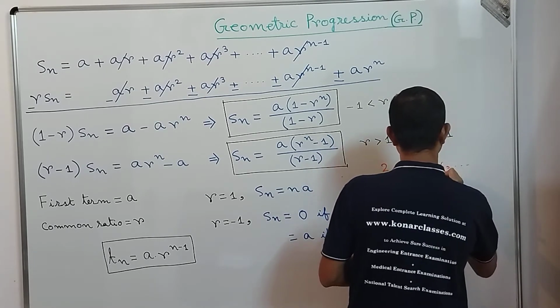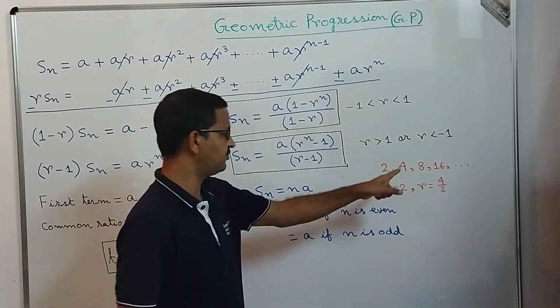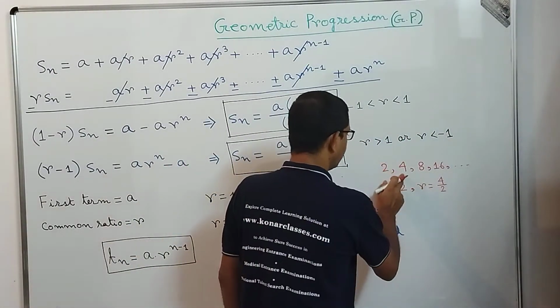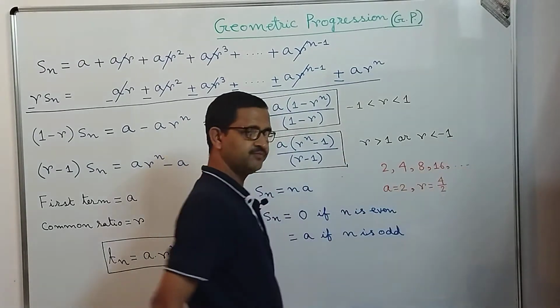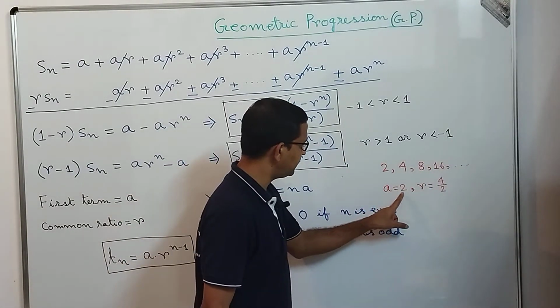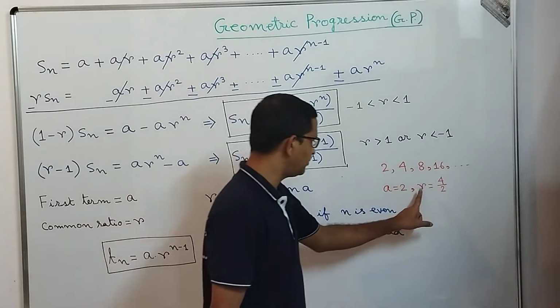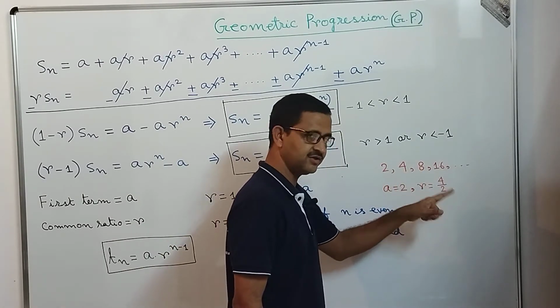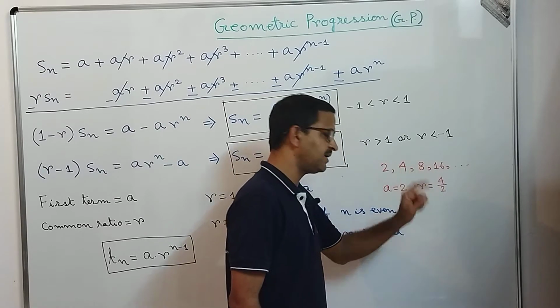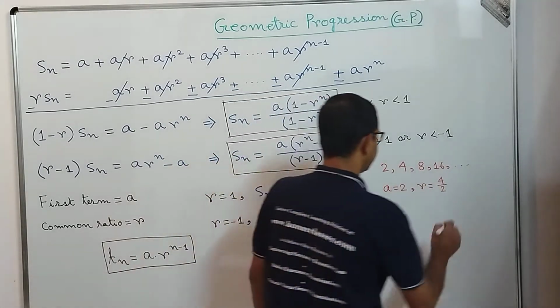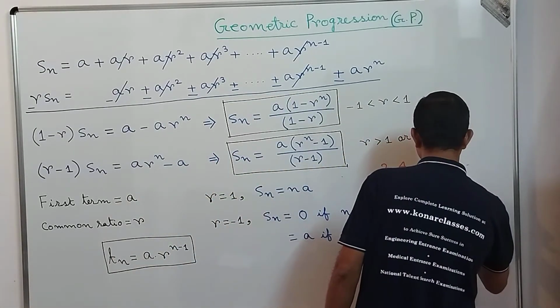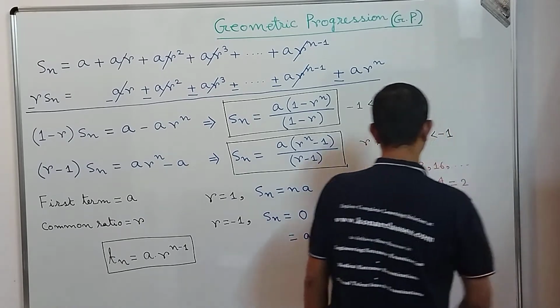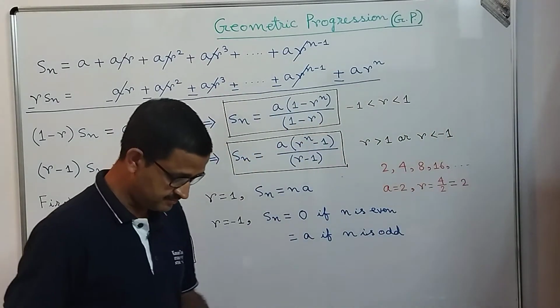Yeah. So this is the geometric progression: 2, 4, 8, 16, and so on. So what is the first term? A is equal to 2. And what is the common ratio? R is equal to 4 by 2, that is 2. That is equal to 8 by 4, that is 2. That is equal to 16 by 8, that is also 2. So we get the first term as 2 and the common ratio as 2. Let's look into another